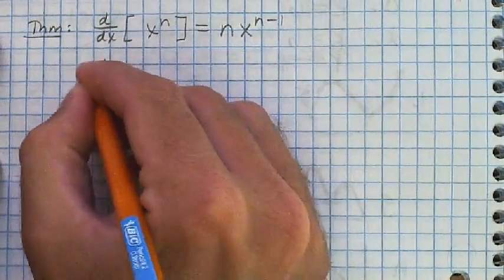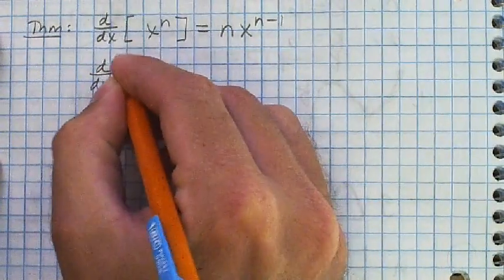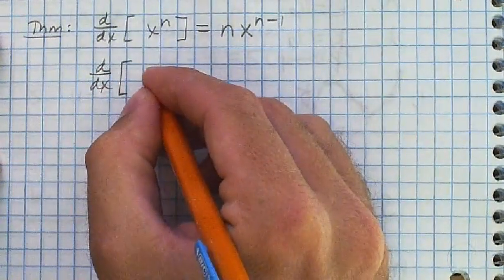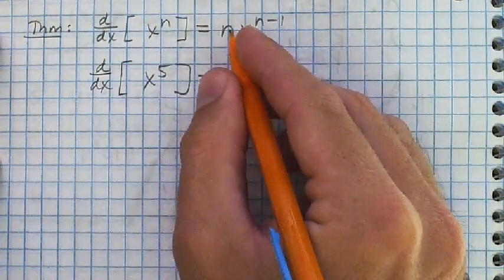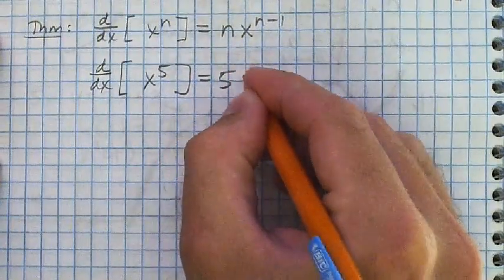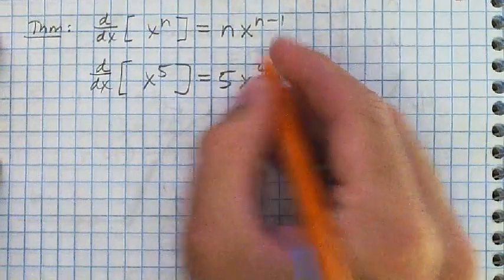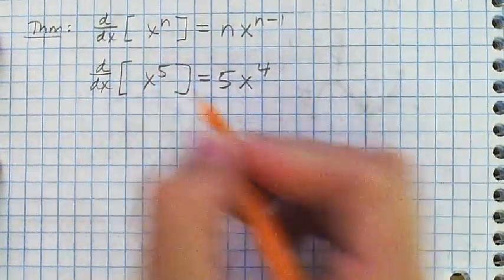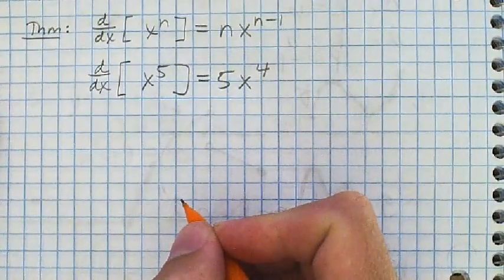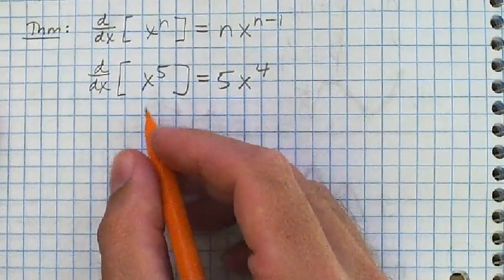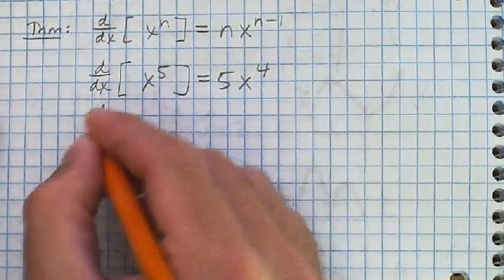So the derivative of, say, x to the fifth is 5x to the fourth. We bring the power down and reduce the power by 1. And this will become a very familiar operation to you over the course of this class. I'm going to point out a couple other ones that